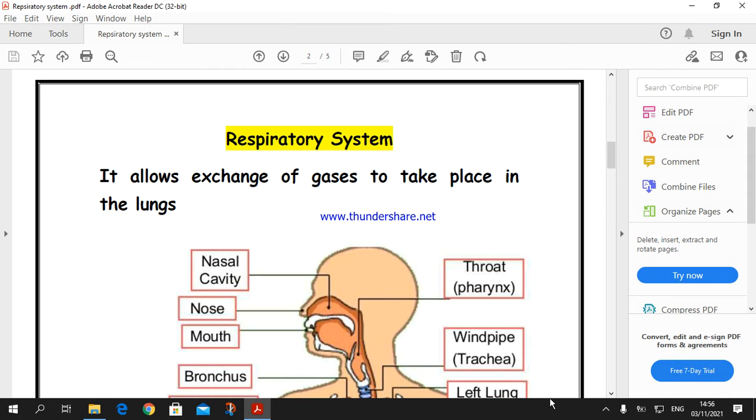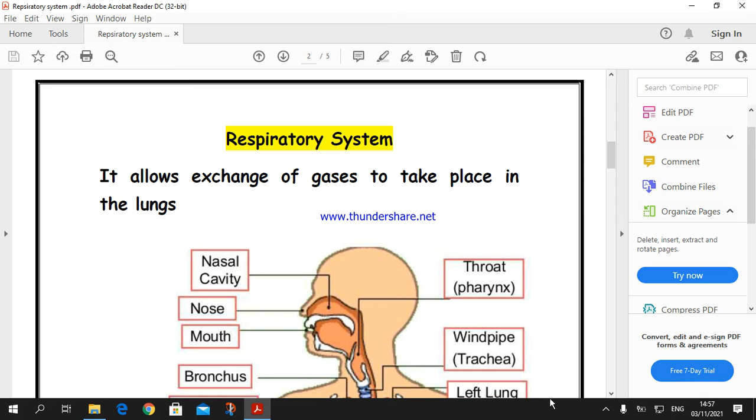The second system in our body is the respiratory system. The respiratory system is located inside the chest cavity and surrounded by the rib cage, where the rib cage protects the lungs. The major function of the respiratory system